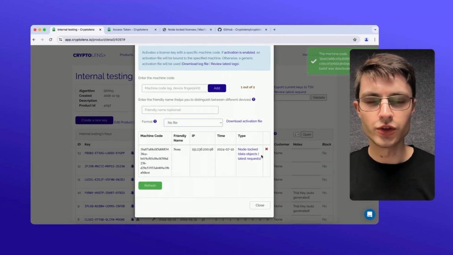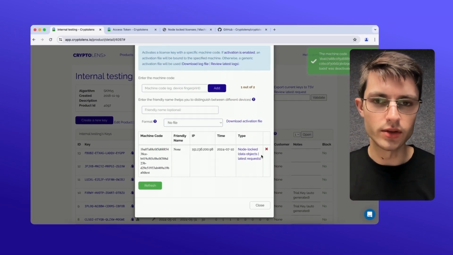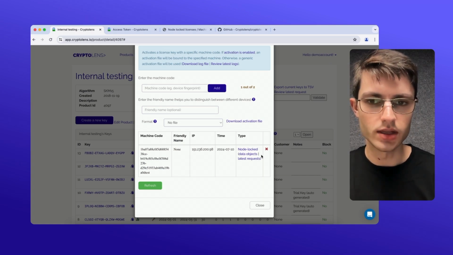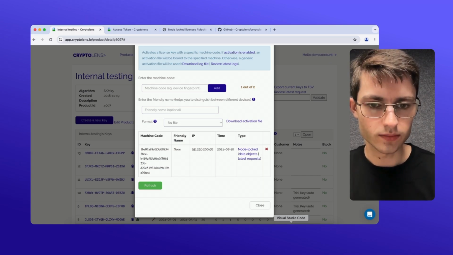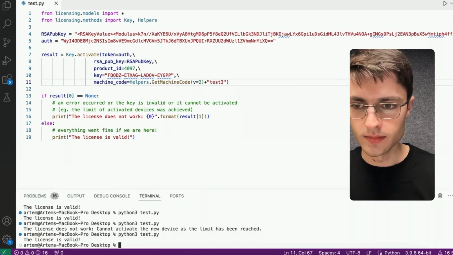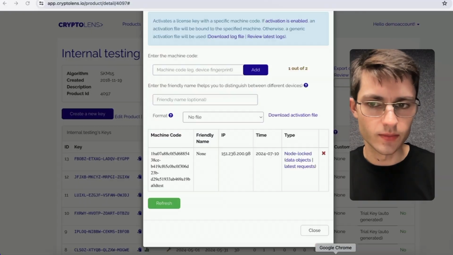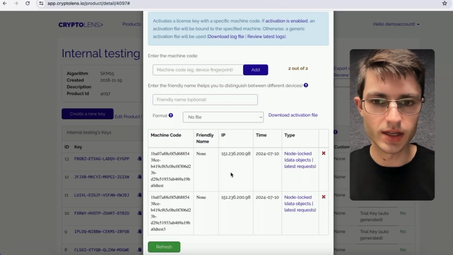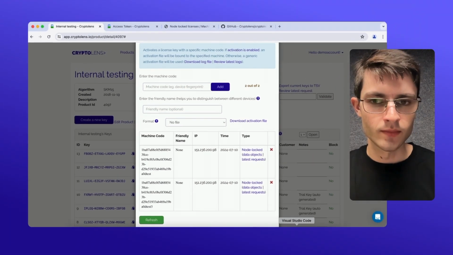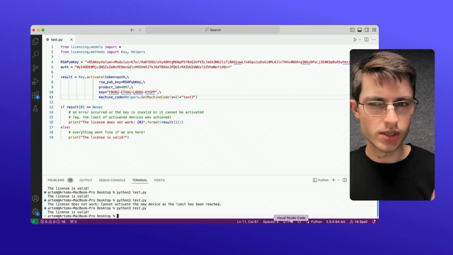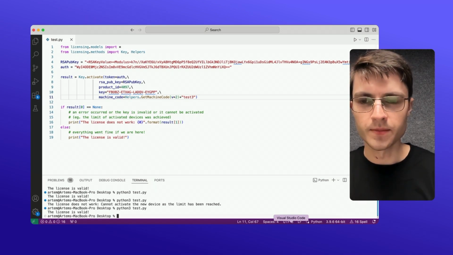What I'm doing in the dashboard, you can also do through the API. There is a method called key.deactivate that will accomplish the same thing that you can do in the dashboard. Now let's run this again. The license is valid. We go back to the dashboard, refresh, and we can see we now have that one activated as well. One key takeaway from this, which I think is very important to keep in mind, is that